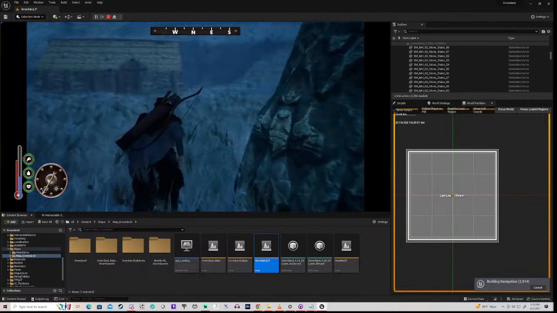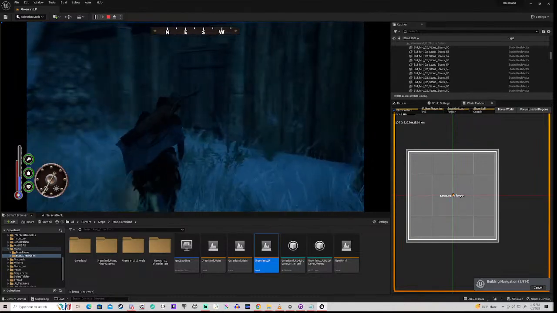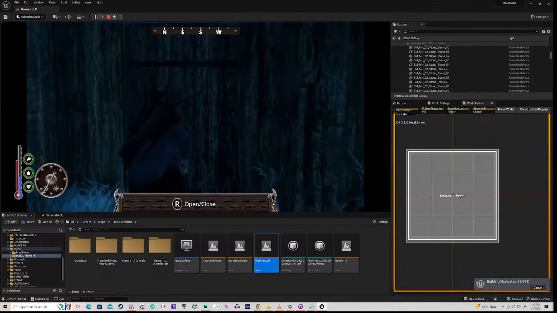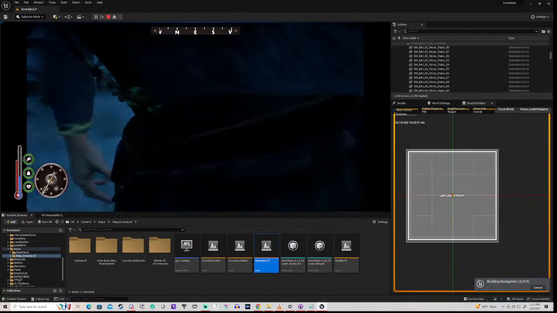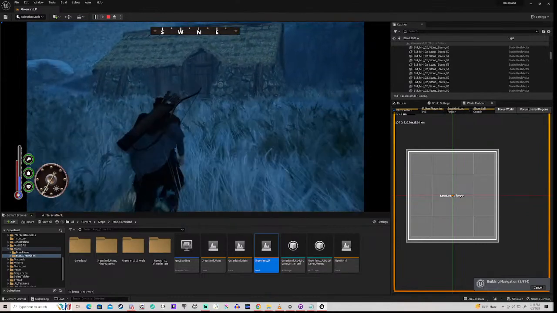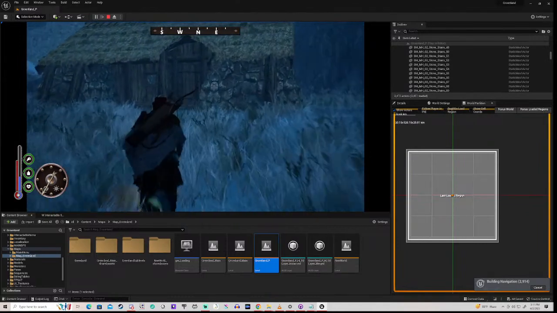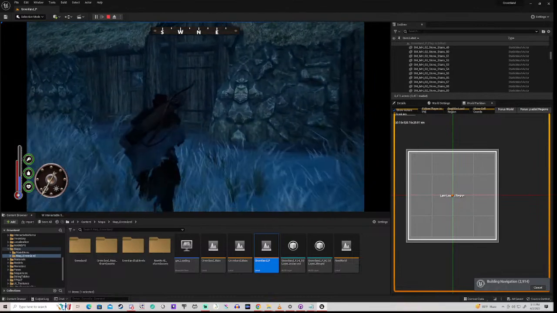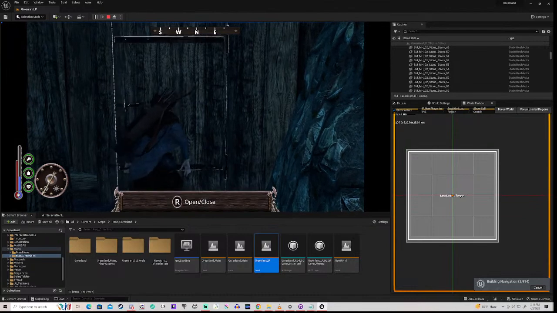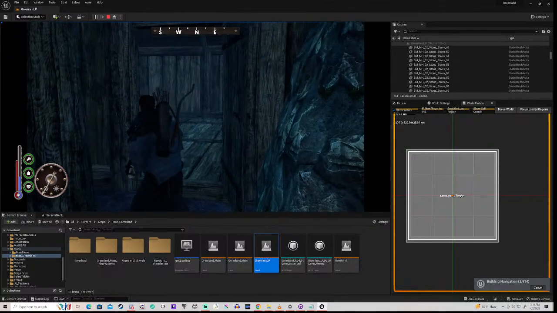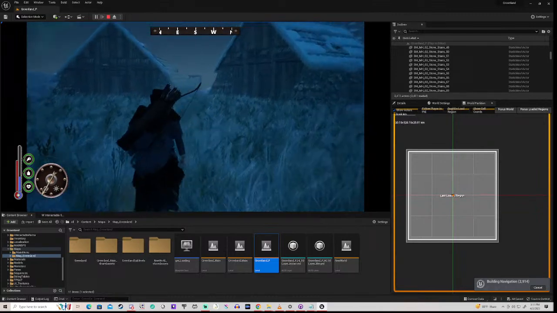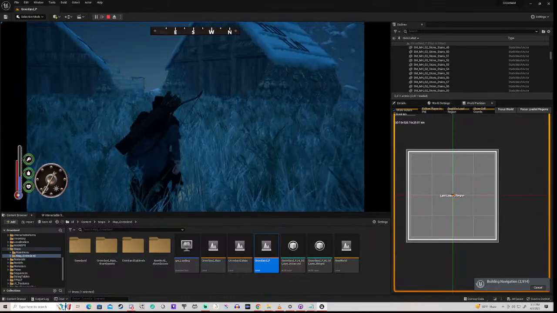No reason why they shouldn't work, of course. Yeah, those open outwards. Easy for me to make them open inwards, but